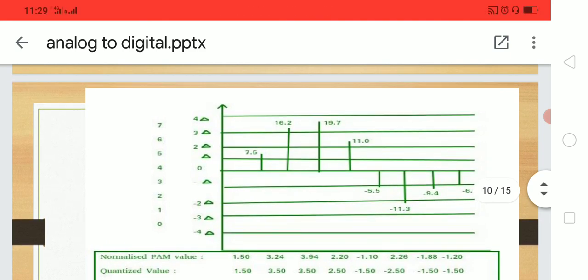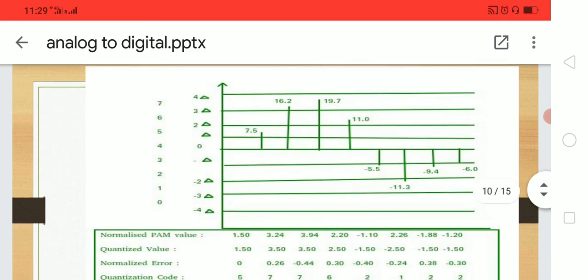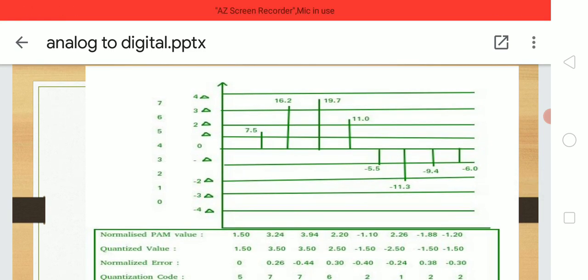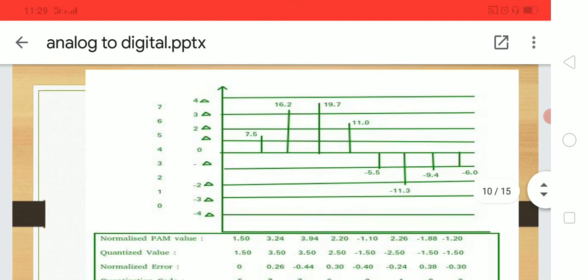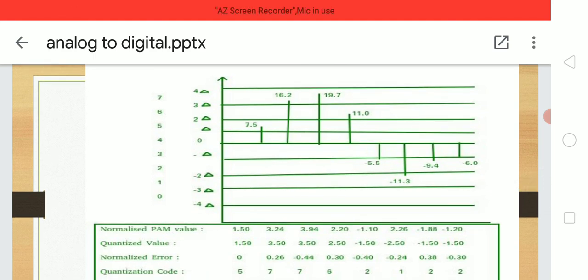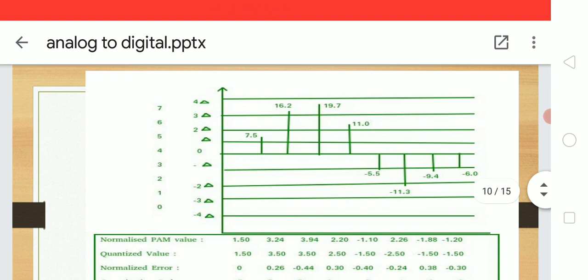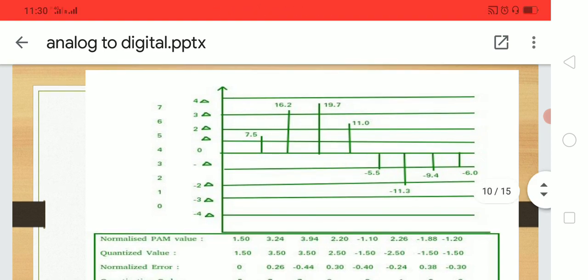Sampling converts a time varying signal into a discrete time signal, a sequence of real numbers. For example, the real numbers include 10, 10.0002, and 10.00002215, which is also a real number. And for accurate values, we are using floating point values, which are included in quantization. This is the main advantage of quantization.